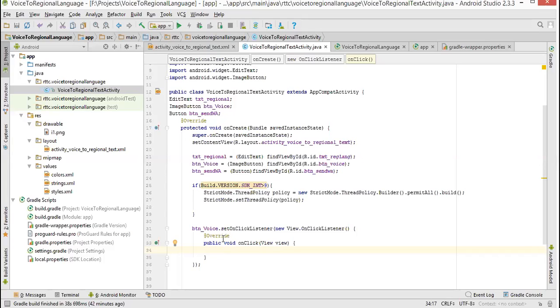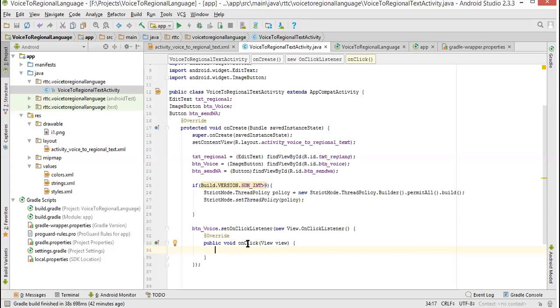So we want to make our button respond to our click event. What we have to do is write an interface called OnClickListener. This OnClickListener has an empty method, which is an abstract method, and that abstract method is onClick. Abstract method means nothing will be written in the method. The method will have empty lines. You can see here, it's empty. Now we have to write something here to override its empty behavior.